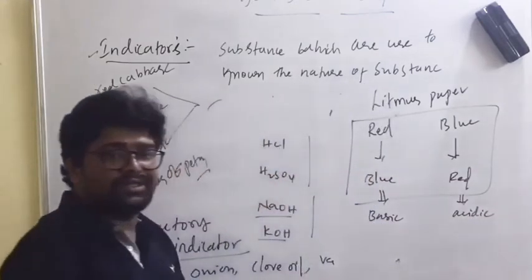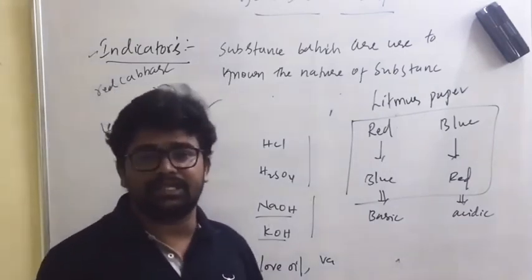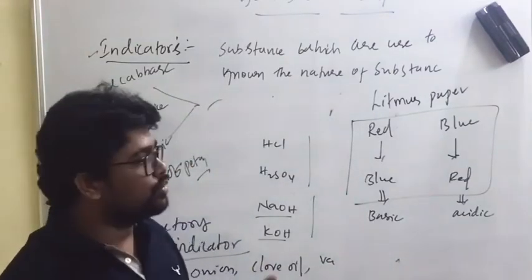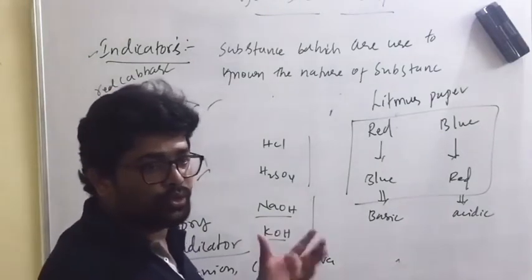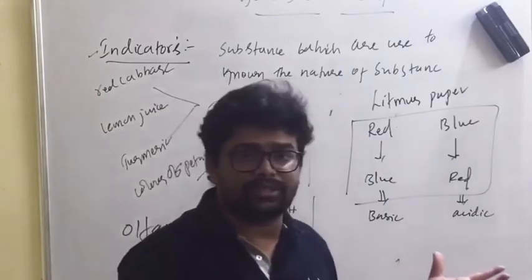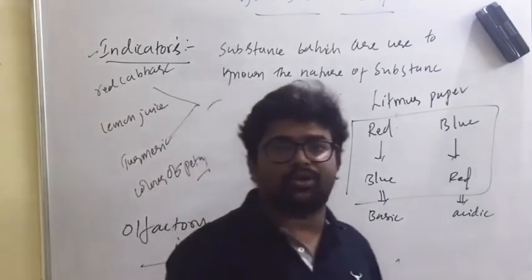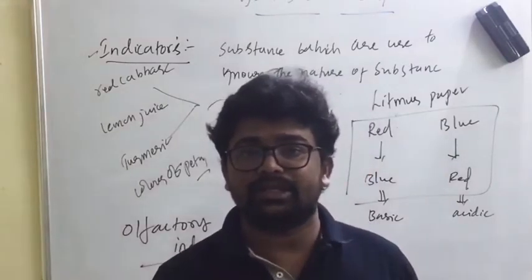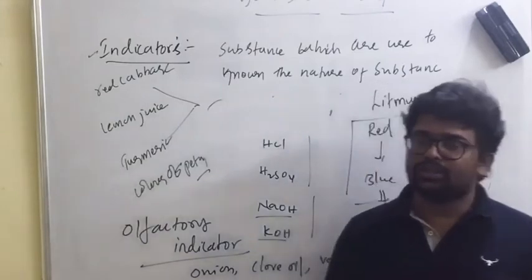Okay, so these are about indicators. How do we identify the nature of substances as acidic or basic? So it is important one. Please practice your activity 1 to know about nature of substances that are indicators. Okay, now let us move into a very interesting concept, very important one in acids, bases and salts, the properties of acids, bases and salts. Hope this concept is clear.